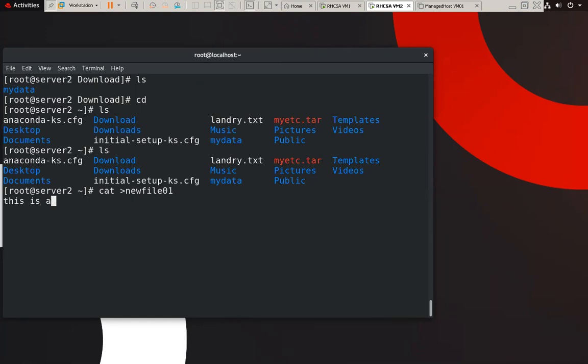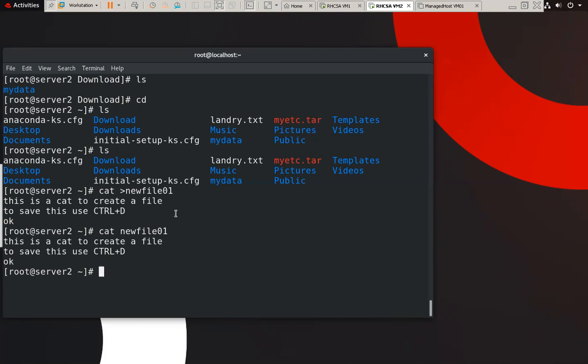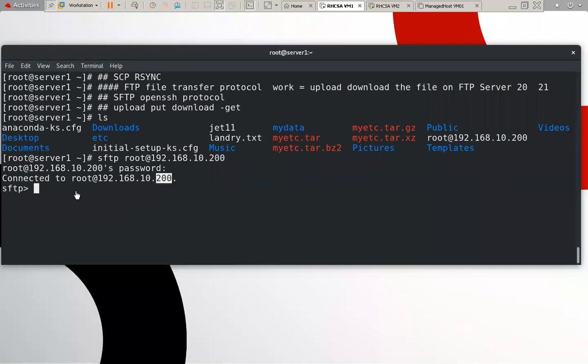This is cat, to create a file, and to save it use Control plus D. We have typed three lines. Then press Control D to save this. Then check whether the file is created or not. And I want to copy this particular file to my VM machine. So now you can check.